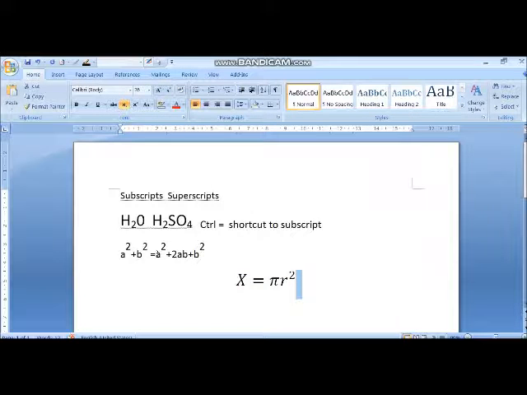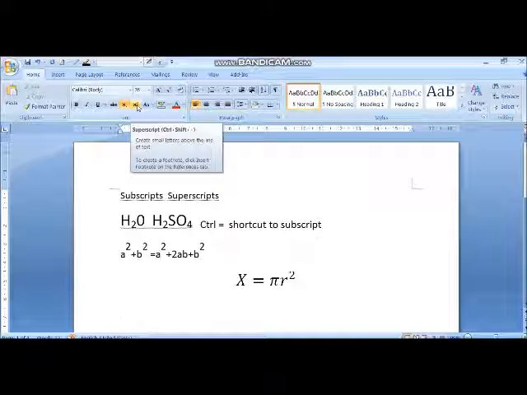Okay, so this is your subscript. Subscript is an effect provided to your text, and this will make your text slightly below the line of the normal printed text, and superscript above the line of the printed text. So these are the two things, subscript and superscript, which you can do at home for practice. Now the next thing we are going to learn about. Now what is the shortcut key for superscript?